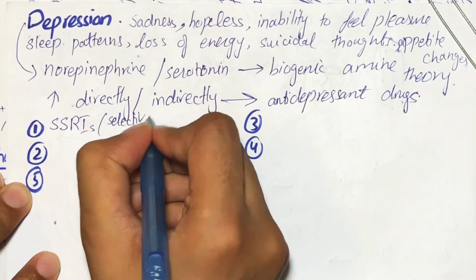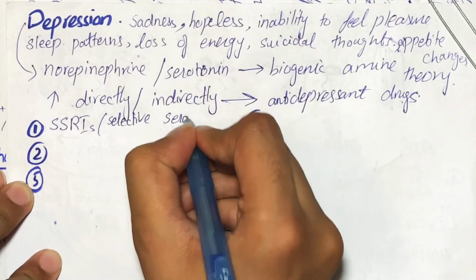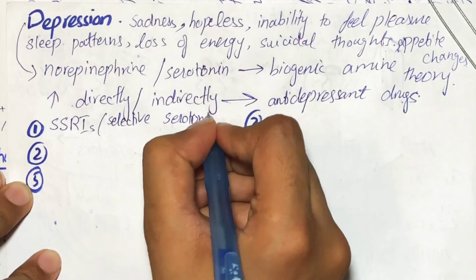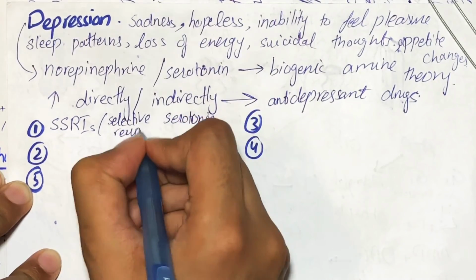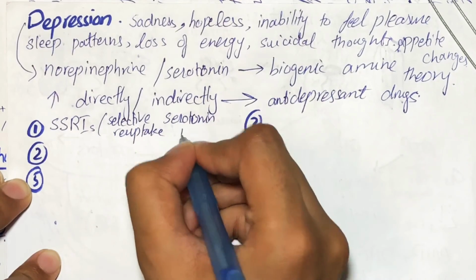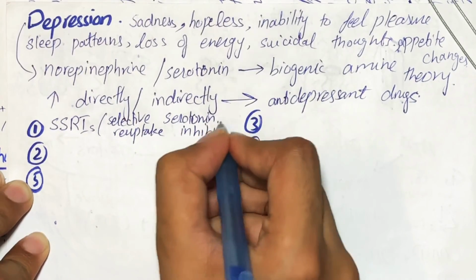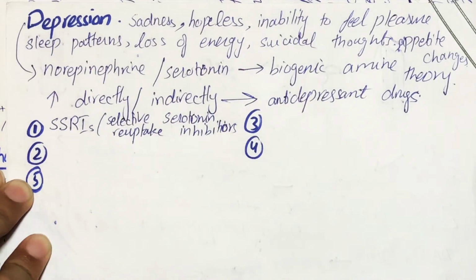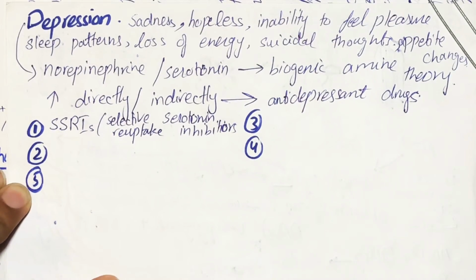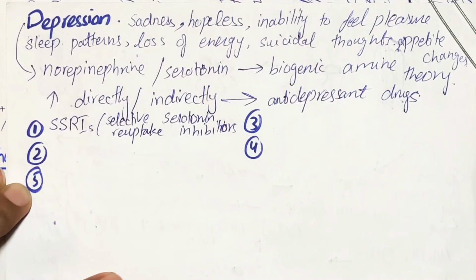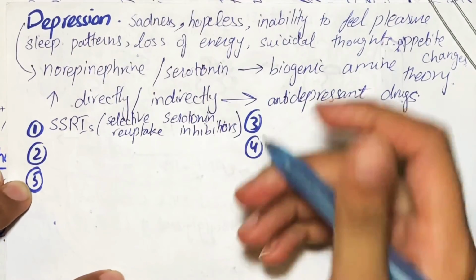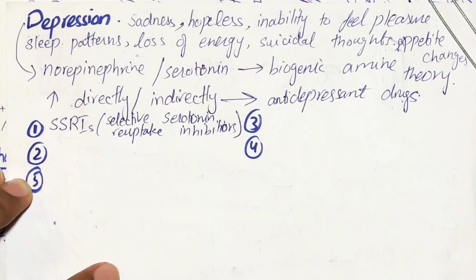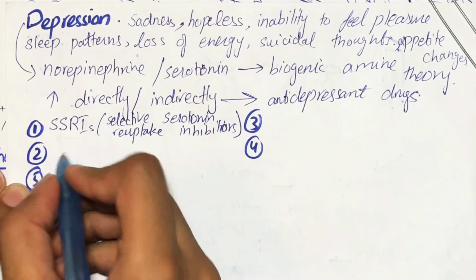They inhibit the reuptake of the serotonin neurotransmitter, which results in an increase in the concentration of serotonin in the synaptic cleft. And the next class includes